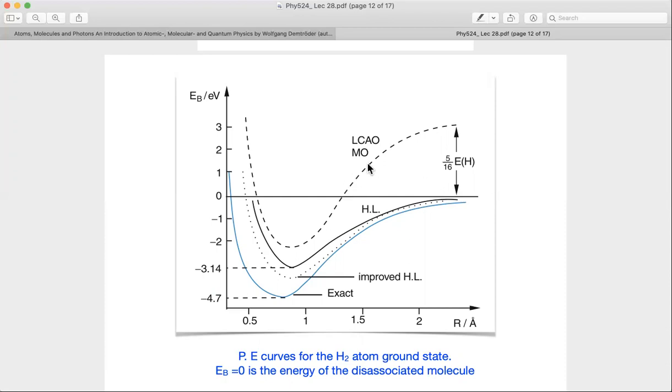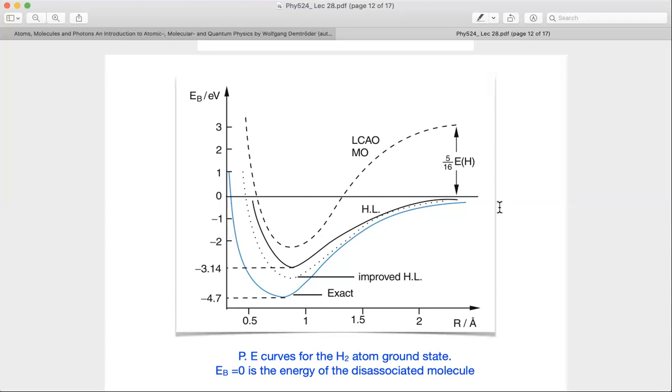Right? So that's the shortcoming of this LCAO method, and the reason is that I have a single proton, basically. In the LCAO method, I have the ionic contribution and the covalent bond contribution. If I have the ionic contribution, then when I take the molecule apart to large, infinite distances, I have a single proton and an H2 plus ion, and their energy is much, much larger than the ground state energy of two hydrogen atoms in the 1s state, basically.